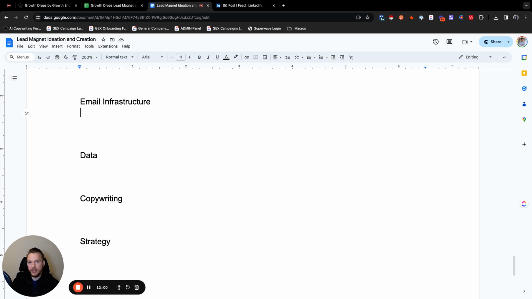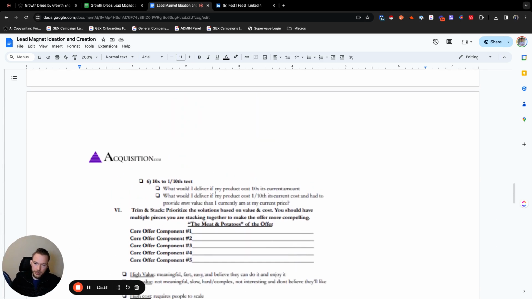But what if we don't have a tangible thing to give away to people? Like everything is paid when we get down to it, right? And so then we could focus more on the email infrastructure and the copywriting. Those aren't tangible, right? And so a good way to brainstorm the rest of these solutions is you can look